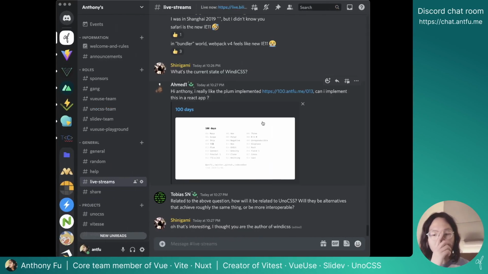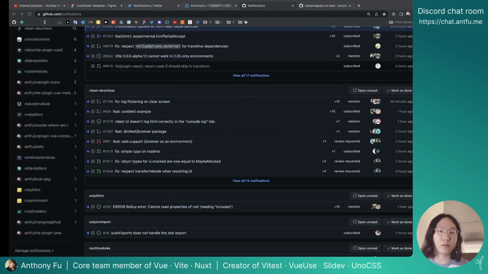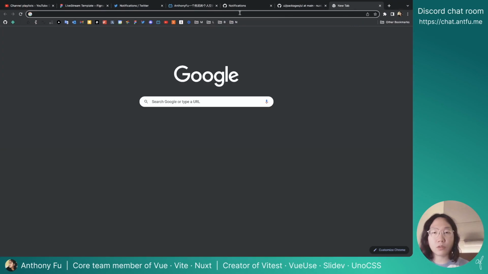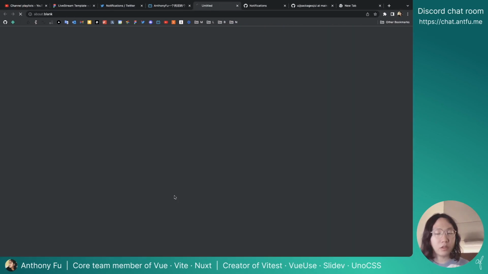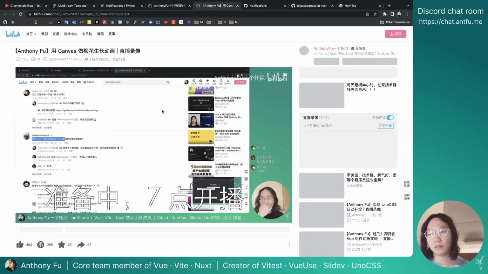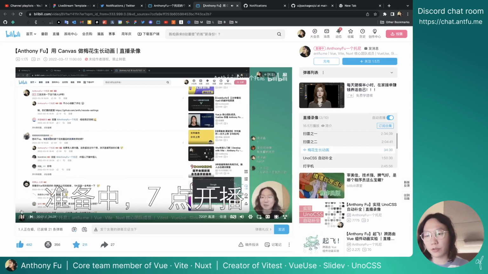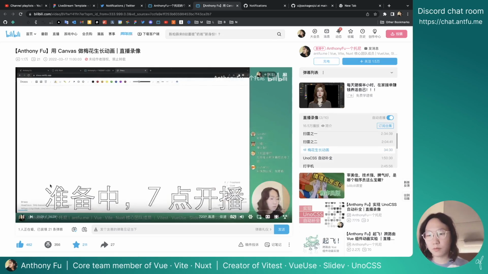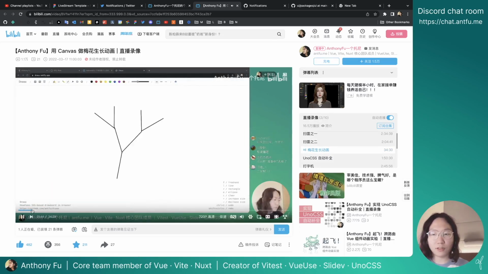The idea of it is quite simple. I actually did a live coding for that particular app, so you can go to my Bilibili, which is in Chinese, but the idea is quite simple. You grow a branch, and for each branch you have two branches from it, and for the branch you have